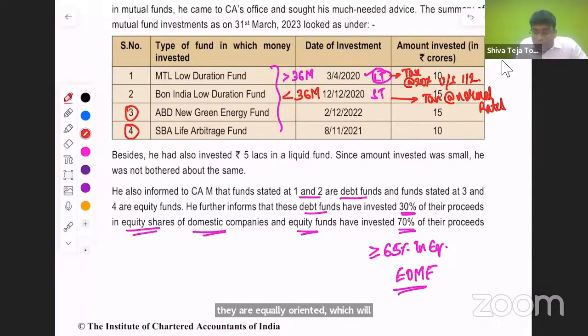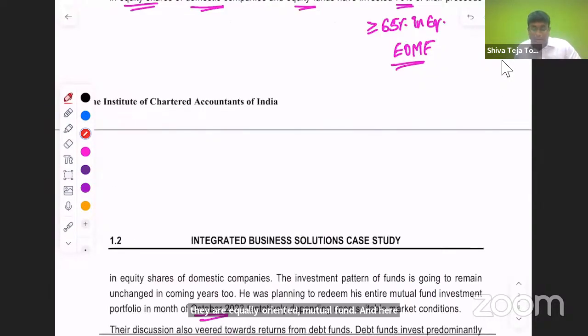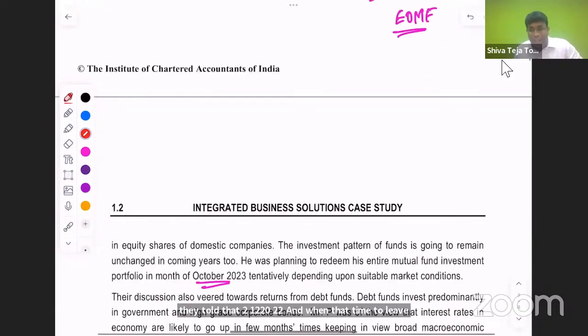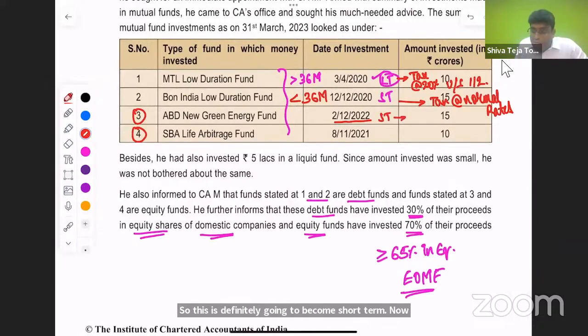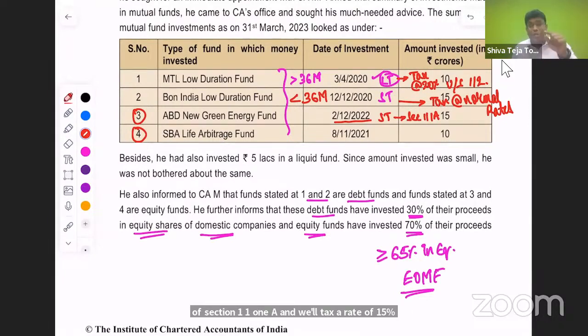And here they told 2/12/2022. And when they're planning to redeem, they're planning to redeem in October 2023. So this is definitely going to become short term. Now, even though it is short term, we'll apply the provisions of section 111A and we'll tax at the rate of 15%. Because 111A clearly specifies that short-term capital gain on sale of equity shares or units of equity-oriented mutual fund or units of business trust through recognized stock exchange on which STT is paid is taxed at the rate